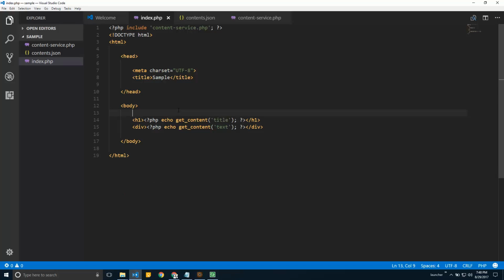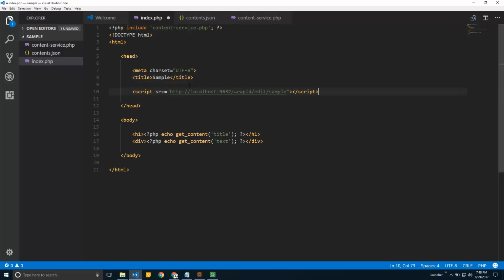And so we're going to introduce Rapid AEM to this application using Rapid, of course. The way you do so is by adding the Rapid script tag as the first script in this application. Basically the path of that script tag contains the following parts: Rapid, obviously the Rapid service, and edit, kind of an edit controller to put Rapid in edit mode,